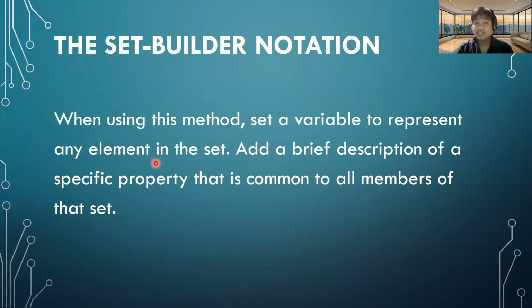So next, we have the set builder notation. So when using this method, we set a variable to represent any element in the set. So add a brief description of a specific property that is common to all members of that set. So we are setting conditions. So we're going to set a variable on the particular set that shares a specific property that is common for all elements in that set. So for example,